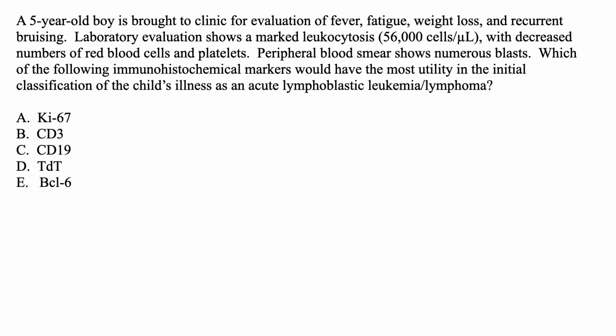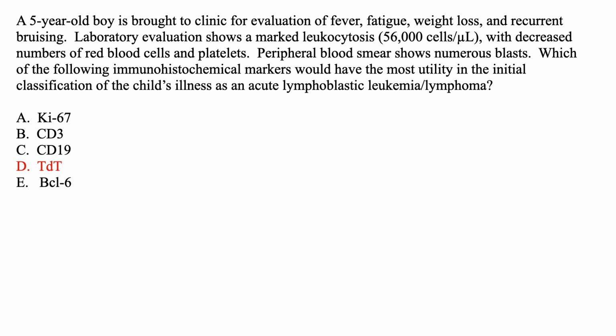So a 5-year-old boy is brought to, answer the question, and then we'll go through it. Pause. Okay, a 5-year-old boy is brought to clinic for evaluation of fever, fatigue, weight loss, and recurrent bruising. Laboratory evaluation shows a marked leukocytosis with decreased numbers of red blood cells and platelets. Peripheral blood smear shows numerous blasts. Which of the following immunohistochemical markers would have the most utility in the initial classification of the child's illness as an acute lymphoblastic leukemia lymphoma? So answer,